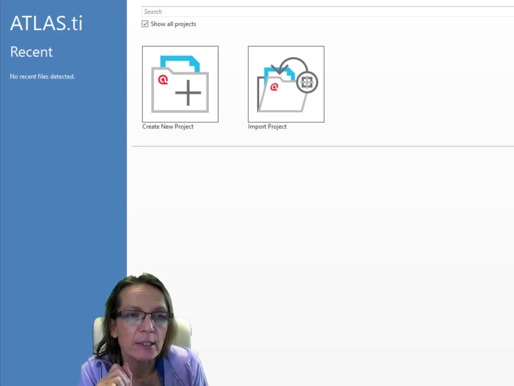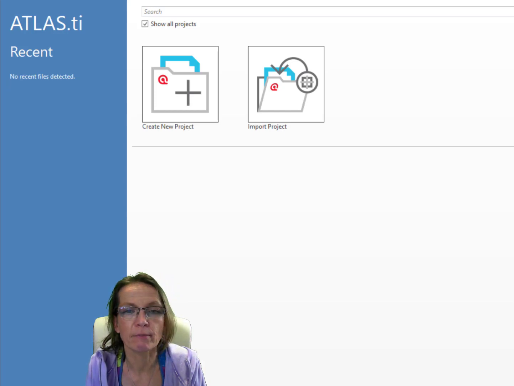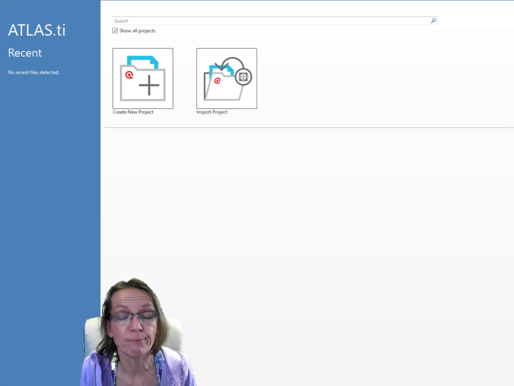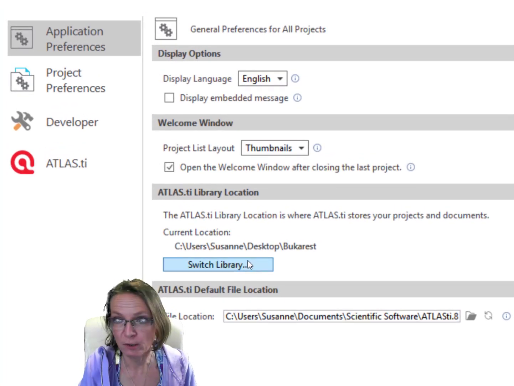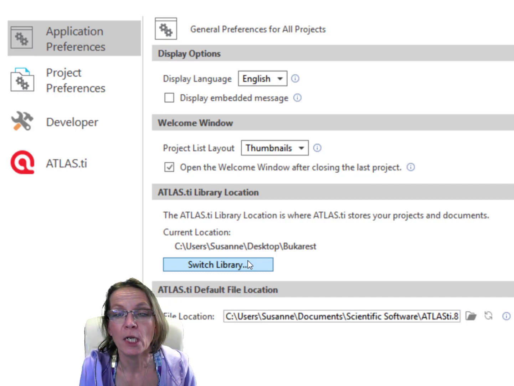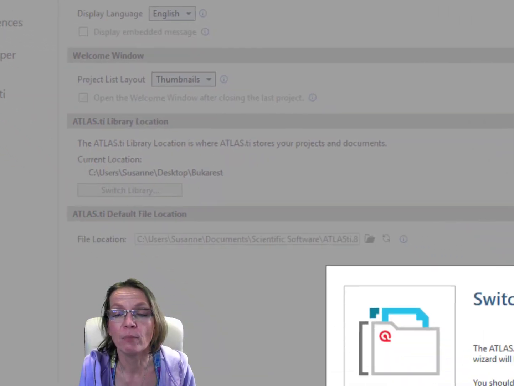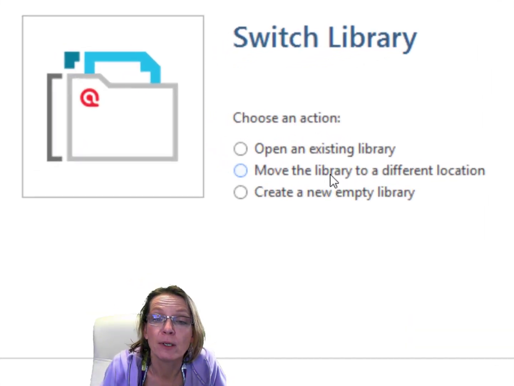And I guess maybe a good idea, before I start, is to talk a bit more about the library, because there's always some confusion about it. If you need a new library, you can click on options, but all projects need to be closed to do that, because you can also move the library, and so of course you cannot move a library if the project is already open. So if you click on switch library, you can move the library to a different location, or create a library,